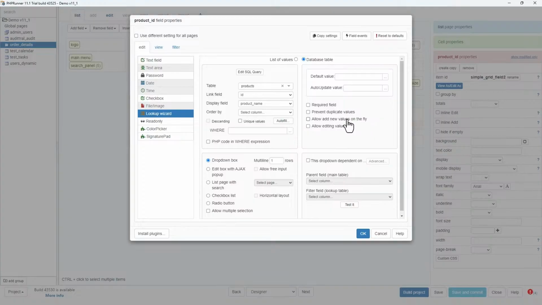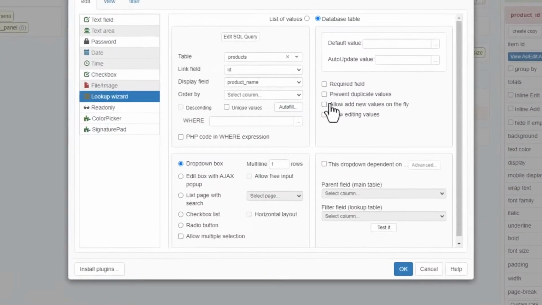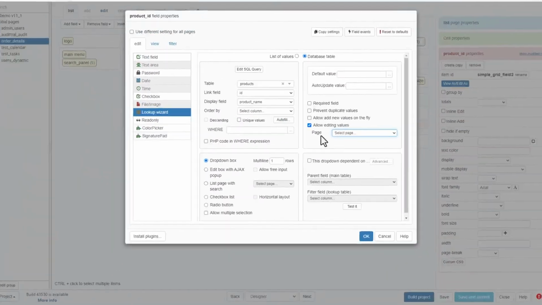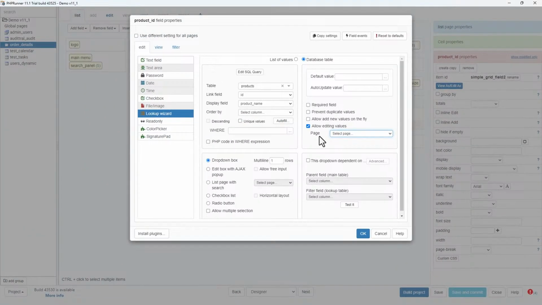Here on the right hand side, we are used to allow add new values on the fly. We have seen this, the top three, but what's new is allow editing of values. I didn't know it's going to ask me for a page, and I don't have a page yet. So what I will have to do is probably add a page.